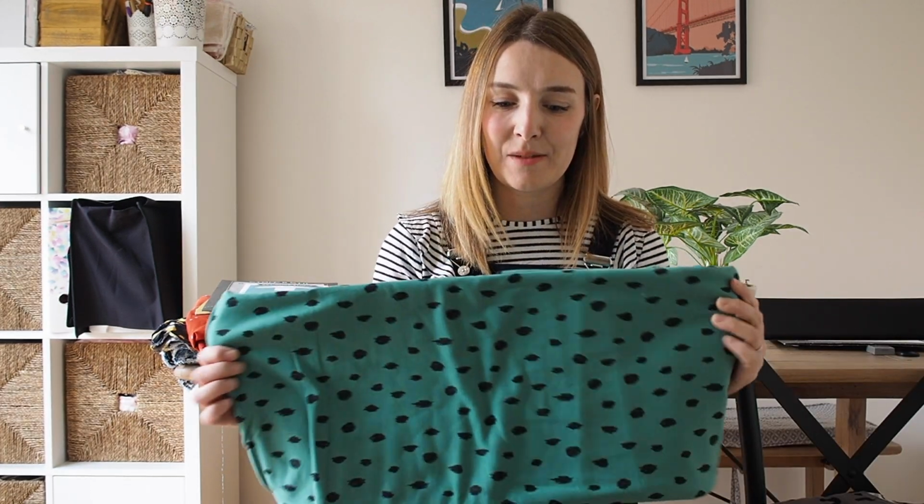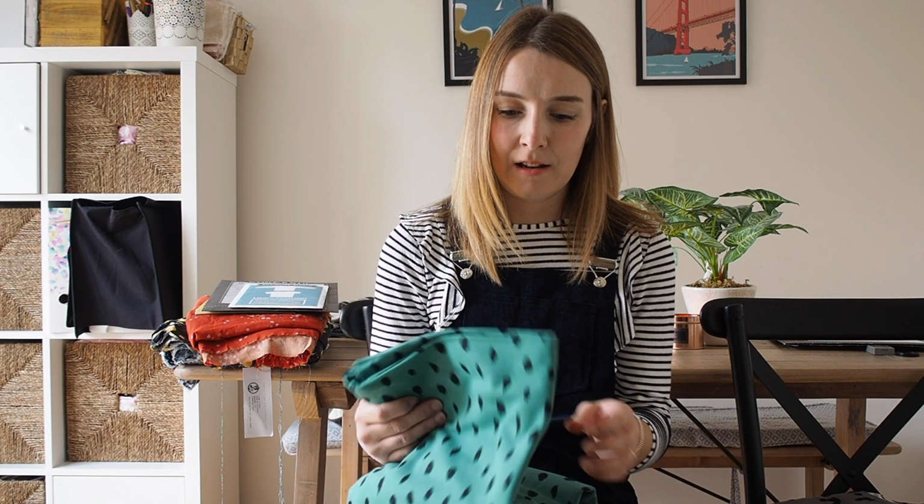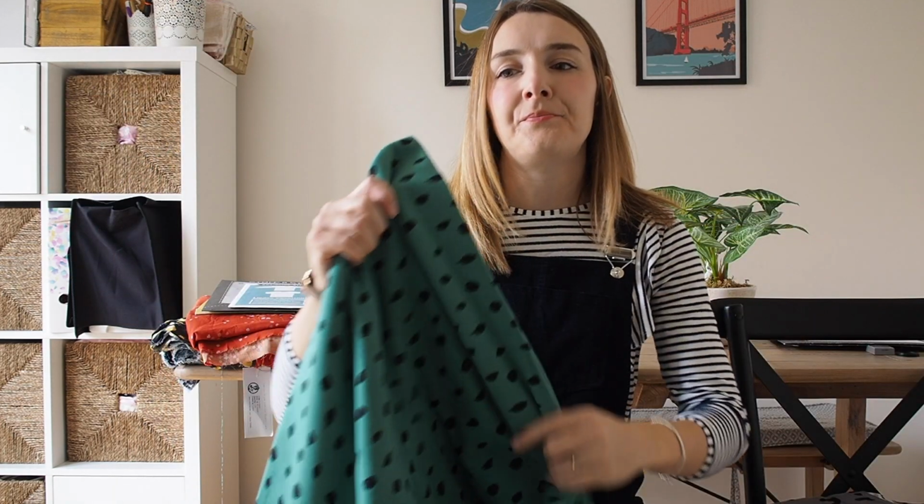On to fabrics that I bought for myself. I bought a fabric that you probably will have seen already because I think so many people have this lovely fabric. I've seen it around a lot on Instagram and also more recently on a couple of YouTube videos, fabric hauls and things. So this is a lovely fleece back jersey, and I bought this from Higgs & Higgs,